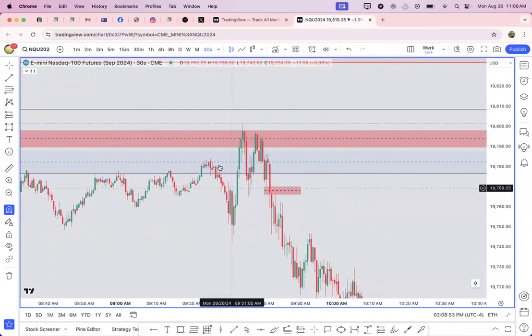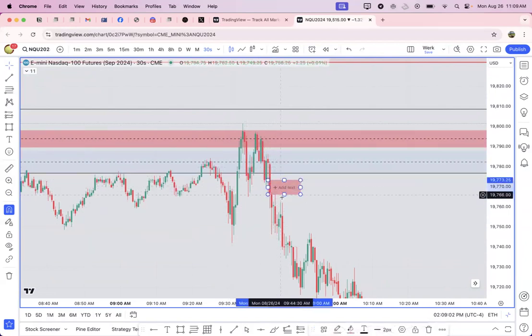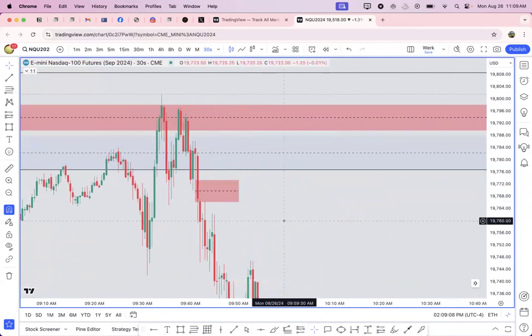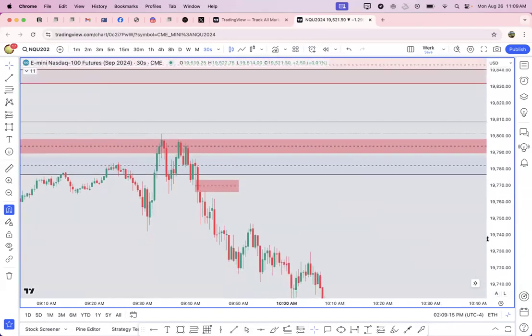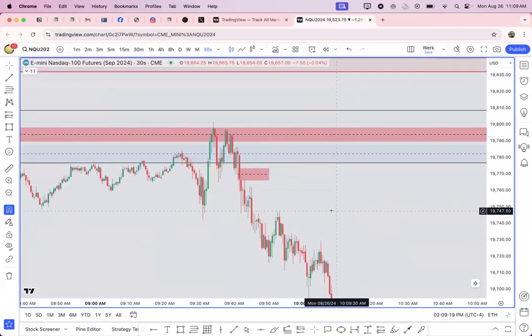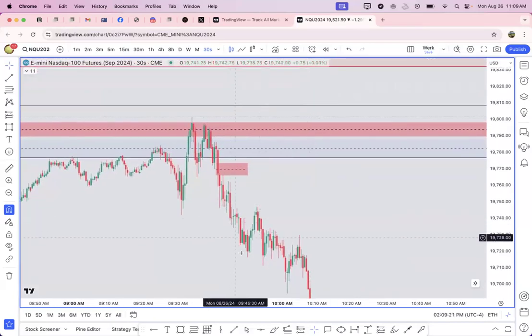But after we have that manipulation, we raided some stops. We got a short-term low. We got a displacement. This could be an entry on a 30-second chart. And it's just definitely not as close up where I would want to be. And then of course, because we know we're going lower, it's just respecting bearish PD arrays as it starts to drop.